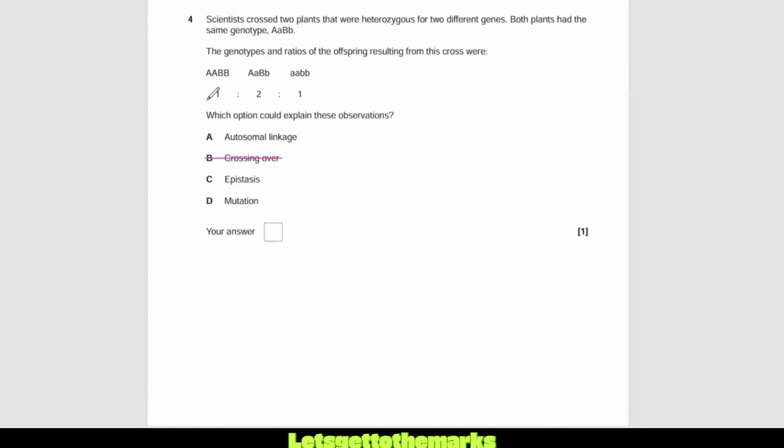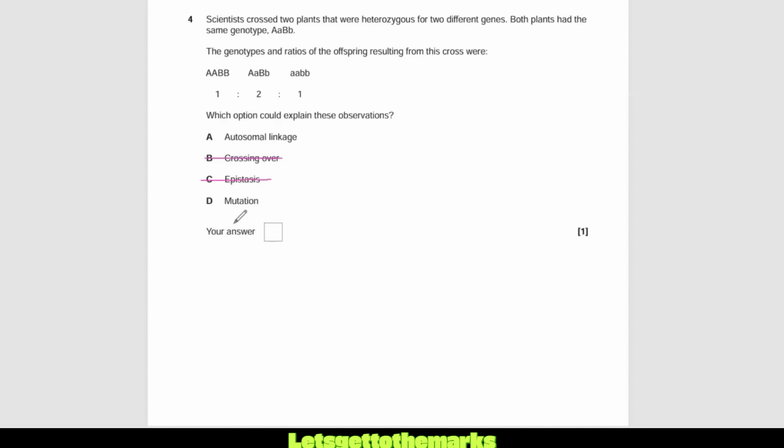Epistasis, you might think, oh, I think this could be something to do with epistasis. You might remember something about epistasis. With dominant epistasis, the big capital A basically masks the expression of the B. So that gene is not expressed when this is present, or when the dominant allele for B is present, A doesn't get expressed. That would be dominant epistasis. You also get recessive epistasis, where if two of the recessive alleles are present, they would mask the expression of the other gene. Now, that's really about phenotypes rather than the genotype ratio. This would affect the phenotypic ratio that we would see. So I'm not going to go with epistasis.